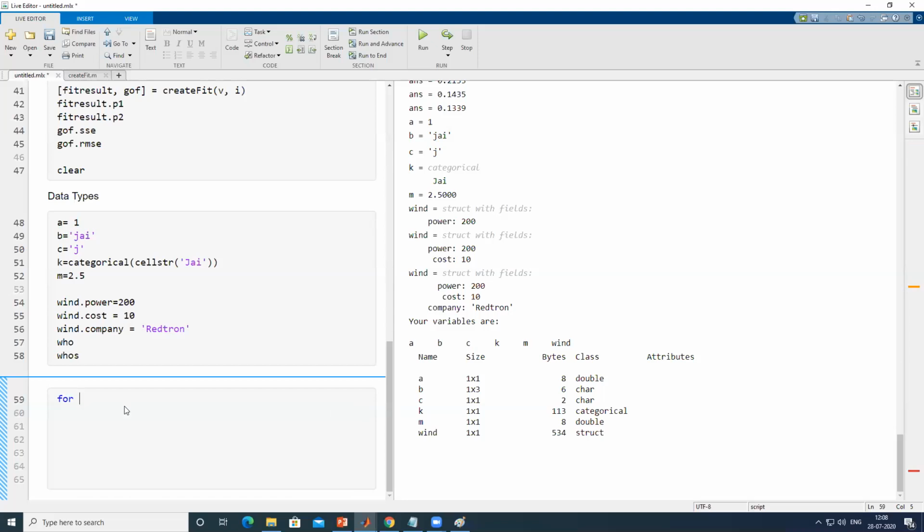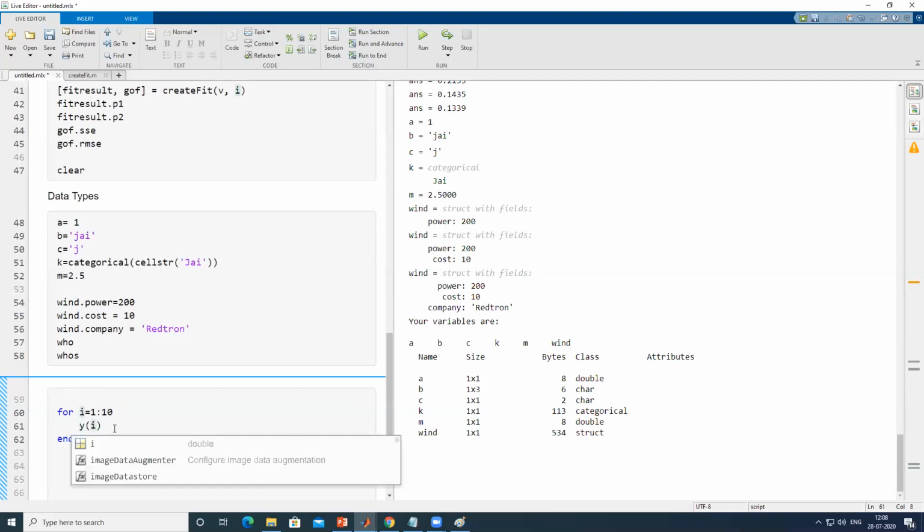For i equal to 1 to 10, what I want to do is y(i) equal to i square, where y is a dynamic array or a dynamic matrix.